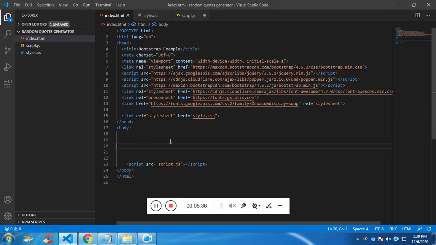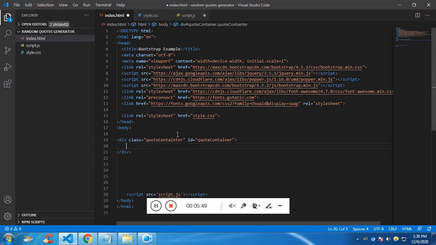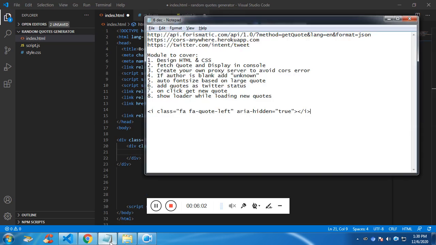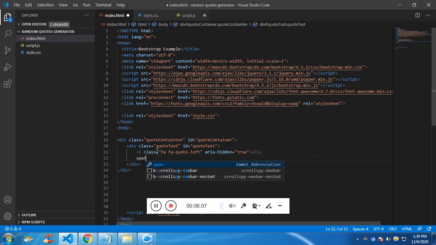Let's style the HTML code container, and then if you see, we have code text, and inside code text, we have a font awesome icon. Then we'll have a span with ID span text,